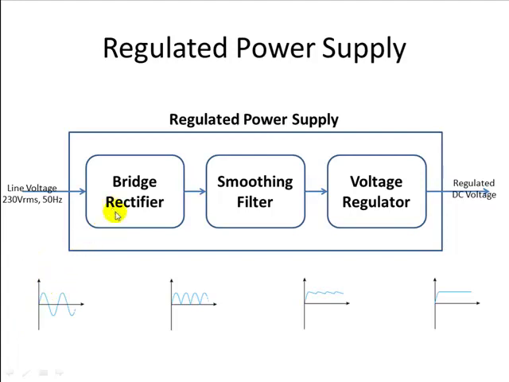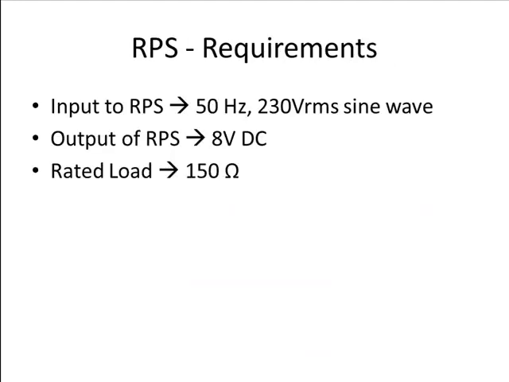It's a rectifier circuit which converts all the negative half cycles into positive half cycles, as you can see in this diagram. This is provided as input to a smoothing filter which will have a capacitor in it, and that will try to remove all the pulsating DC components, but still it will have ripples. This signal is provided to the voltage regulator which will further smoothen it out to give a regulated DC voltage source. Let us try to design one regulated power supply.